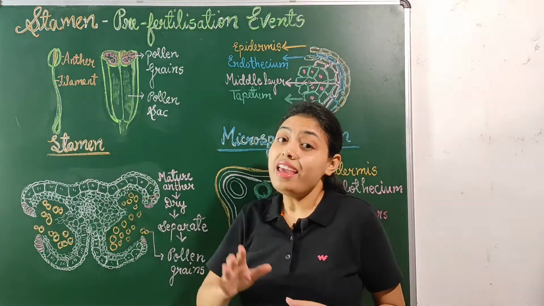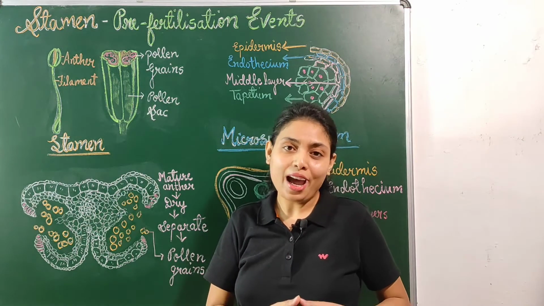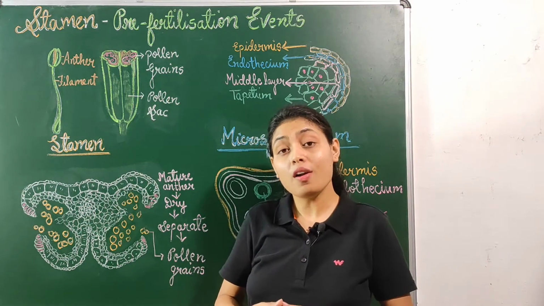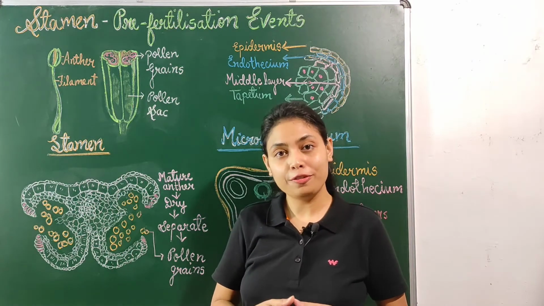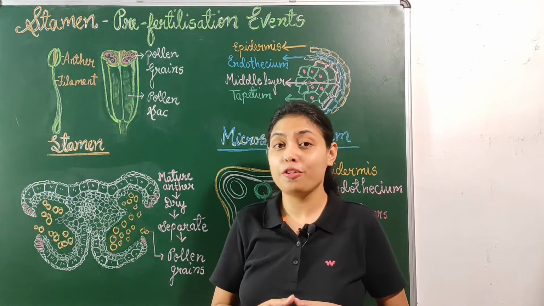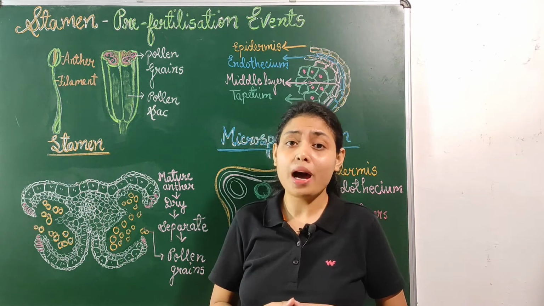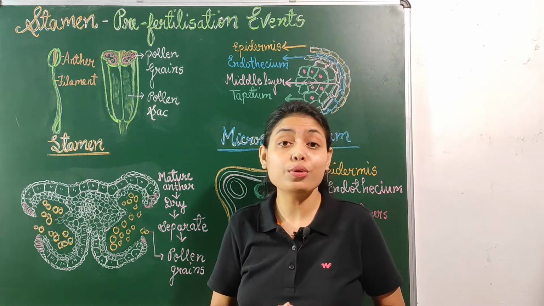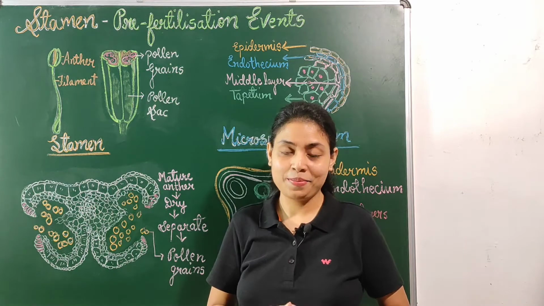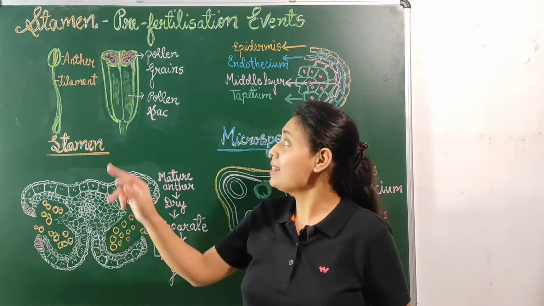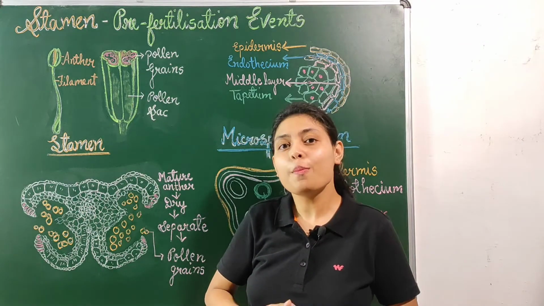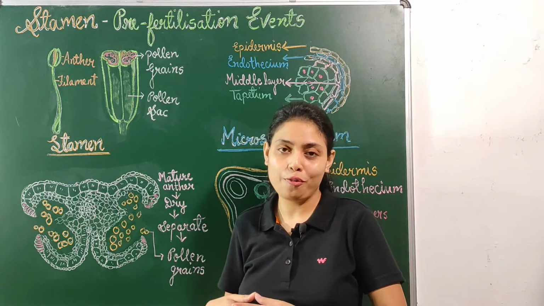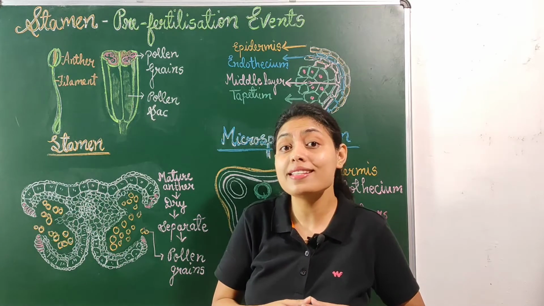The terminal end of the filament is attached to the central axis of a flower, or thalamus of a flower. I have told you what is the function of thalamus. Thalamus is the base of a flower and all the other parts of a flower are connected to the thalamus. Now can you see the space inside the theca? This space is made up of sporogenous tissue, or we can say microsporangiate tissue.